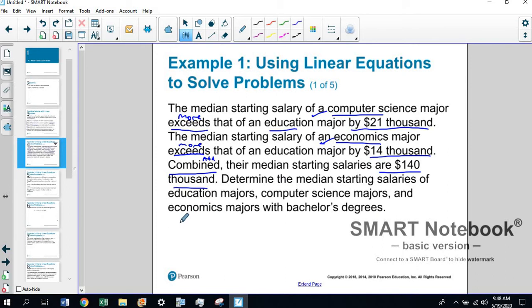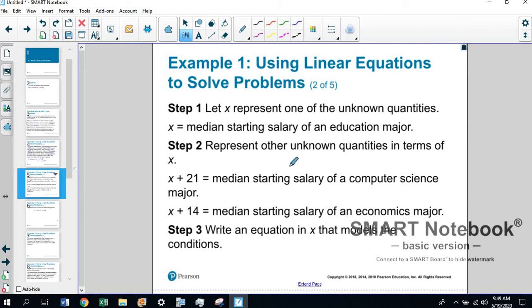So it makes sense to say X should be the median starting salary of the education major. Now, I've got these written out better on the other side, but notice that I didn't say X equals education major, X equals salary, right? It's got to be specific enough so that you don't get confused when you start to write the equations out, all right? So if we go to the next page, you'll see we're letting X represent the median starting salary